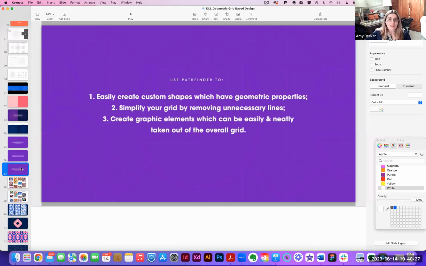And when we're thinking about cleaning up our grids, simplifying our grids, we can use Pathfinder. We can also use the Shape Builder tool. Both can work in very simple ways to create custom shapes which have geometric properties. We can remove unnecessary lines, which is what we're going to want to do, and make our grids as neat